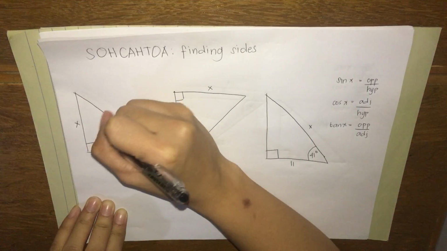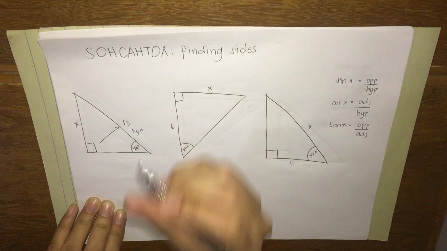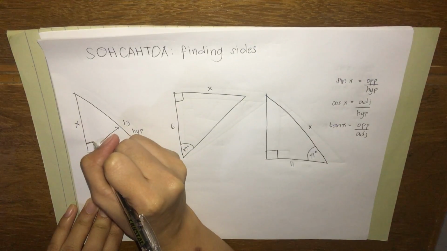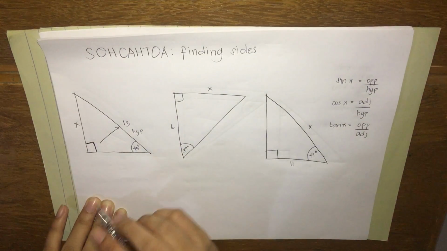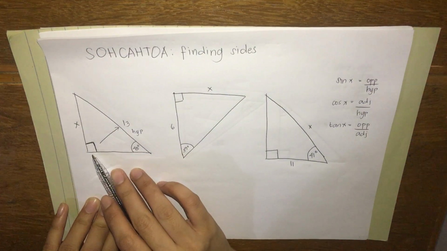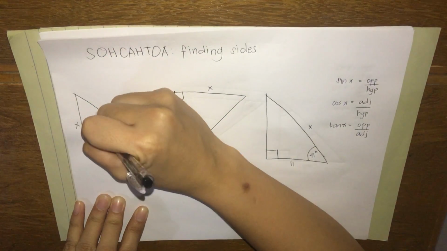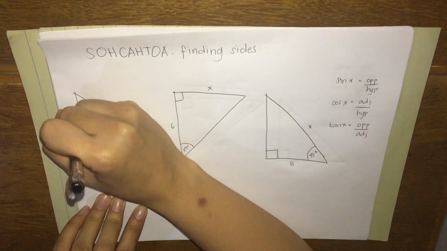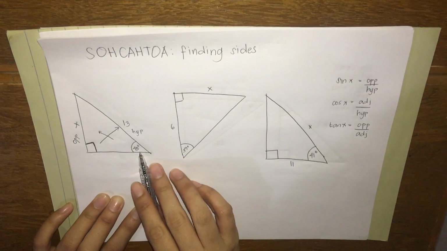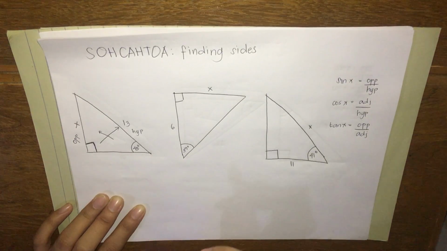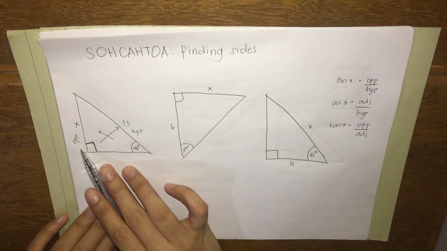Here, the 13 is the hypotenuse because it is opposite the right angle. Remember, the side opposite the right angle is what we call the hypotenuse. Then the x here is the opposite, because it is opposite the given angle. Now, after we identify which side is the missing side and the known side,